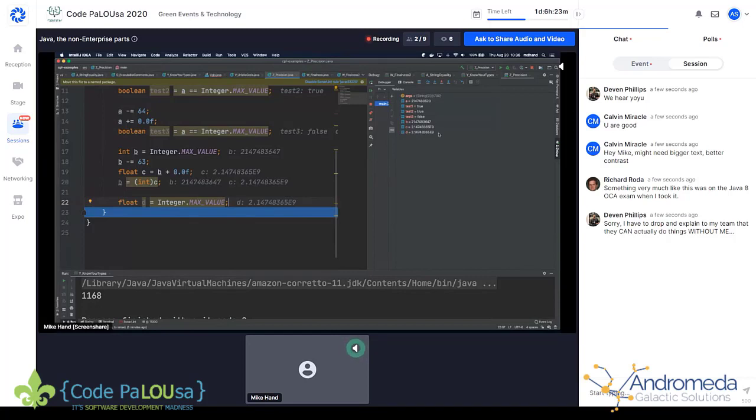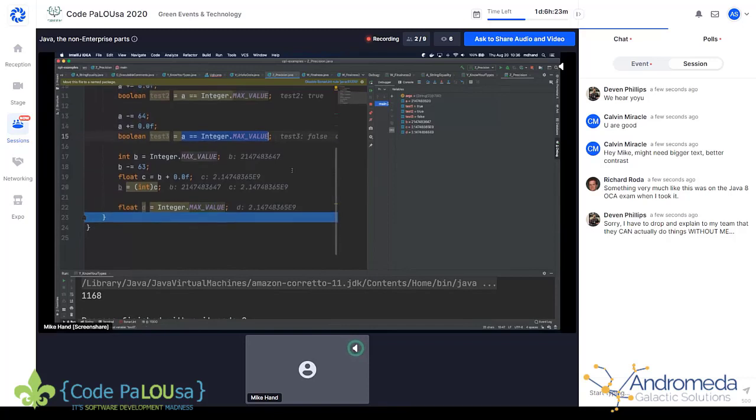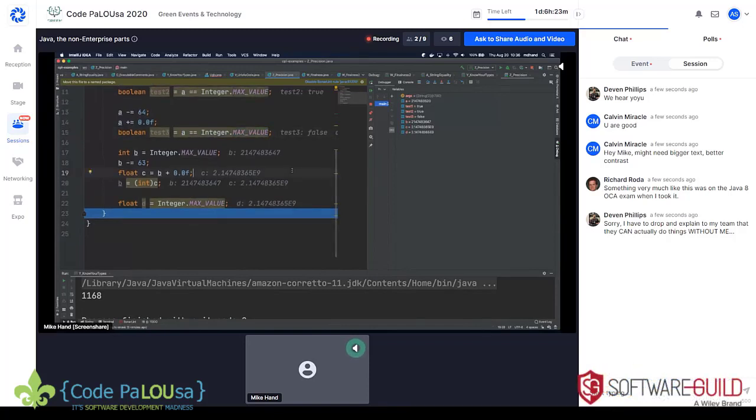When we go to 64, that's enough of a threshold where now we're less than the max value of an integer, and that's why this was no longer true. So the lesson here is to be very careful about your different data types.